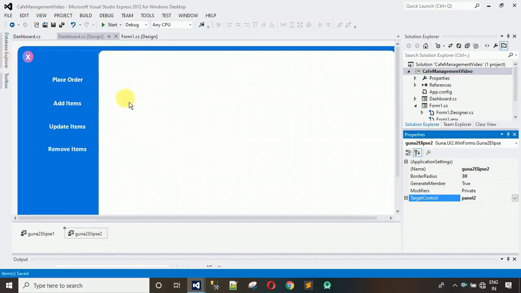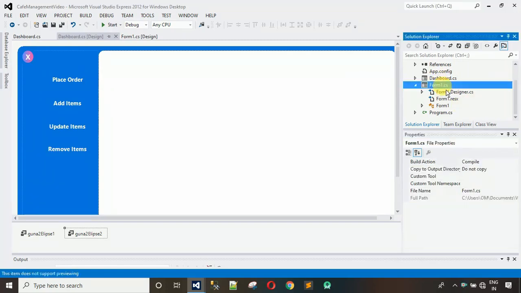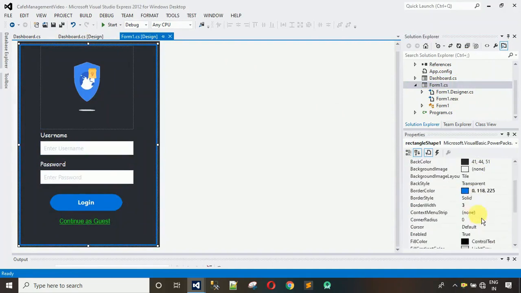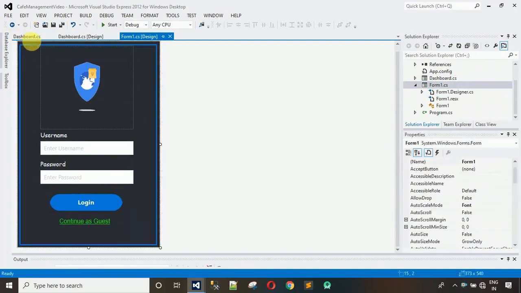And after this, we have to actually connect this one with the login page. Okay, so I'm going to connect this with the login page. So how to do that? For that, let me move back to the dashboard, because we are on the dashboard. So Form 1, this one. Okay, so let me change the text for this one. So let me search for that. So Form 1. Okay, so click on this